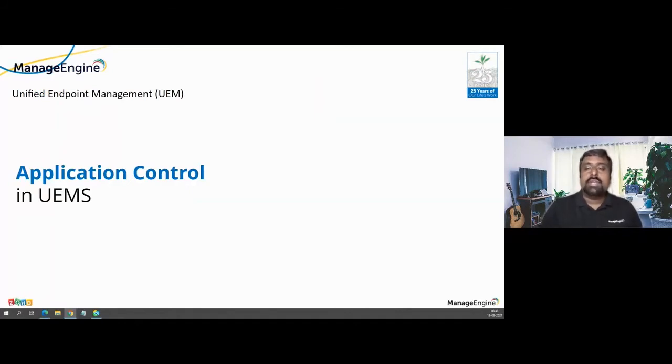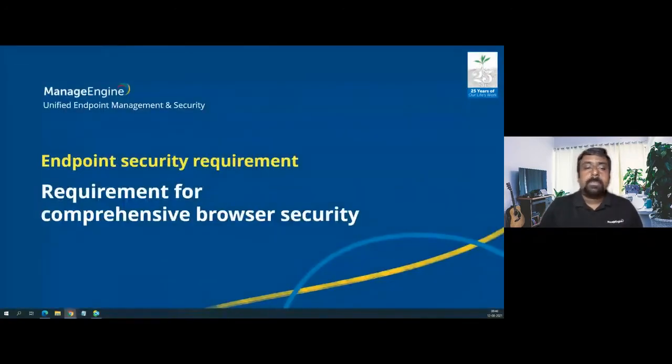That's one of the requirements that we have addressed for our customers in this post pandemic world. And the other important thing is browser security. All the models that people suggest when it comes to ransomware or malware attacks say the browser is a very key area, because all our applications are either moving towards the cloud, or more web based applications are coming in. So the number of people using browsers is going to be high. So it is important to manage these browsers, and not only manage, but secure them.